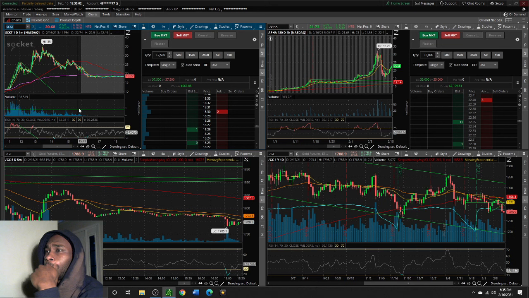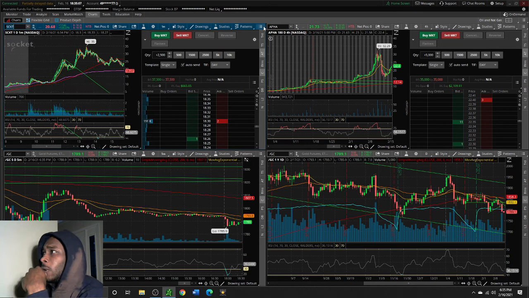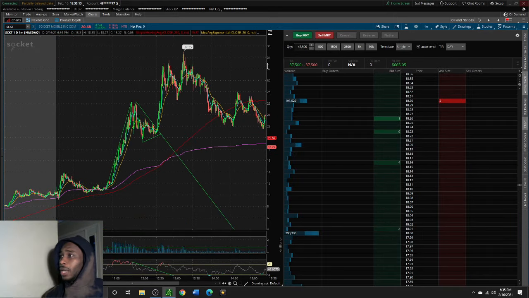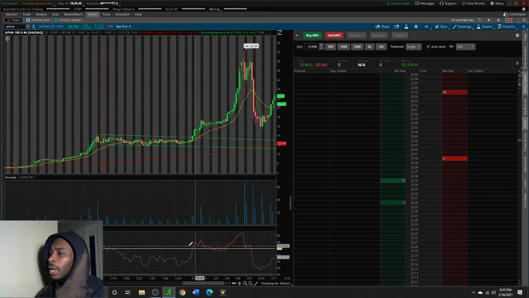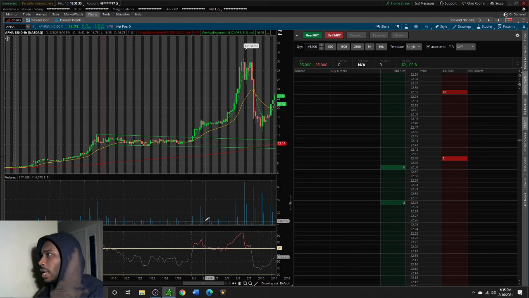And let me find. So my setup, all I use is moving averages and RSI. That's it. I don't use MACD. When I first started, my screen looked like spaghetti. I had MACD, RSI, Bollinger Bands, VWAP, moving averages, stochastic. I mean, if you're looking at all those different indicators,